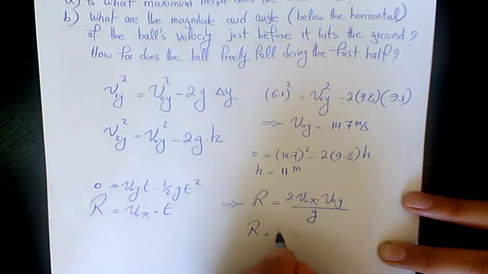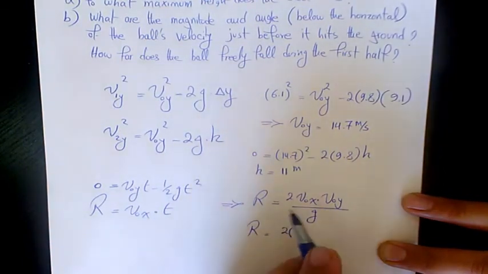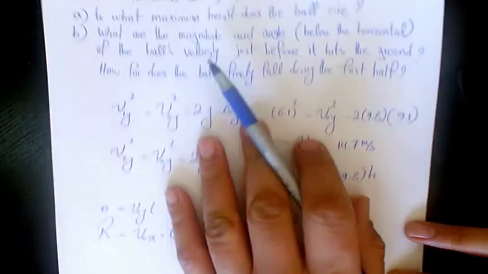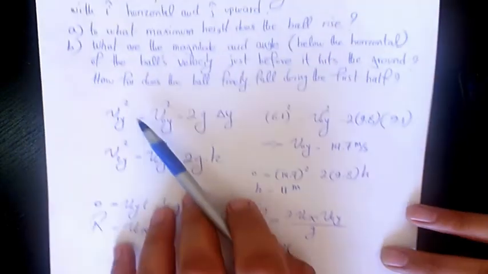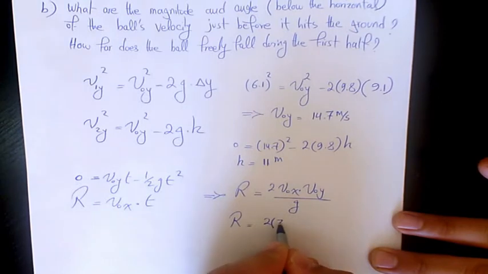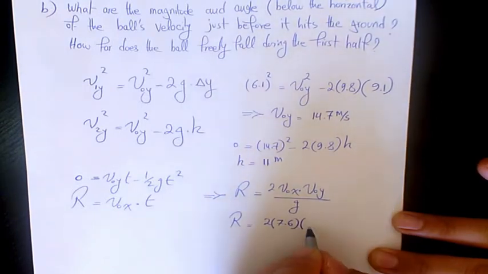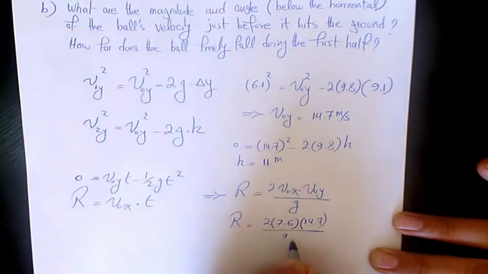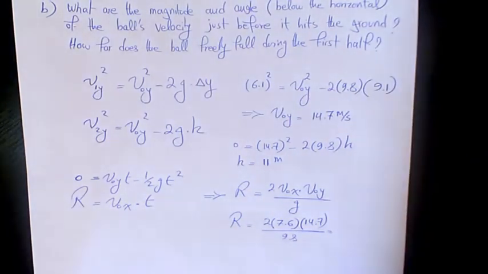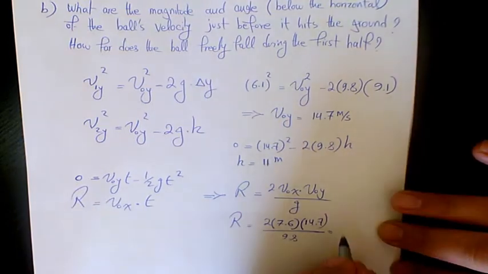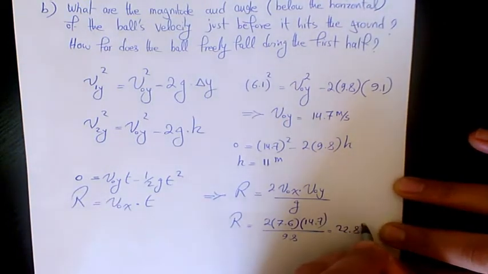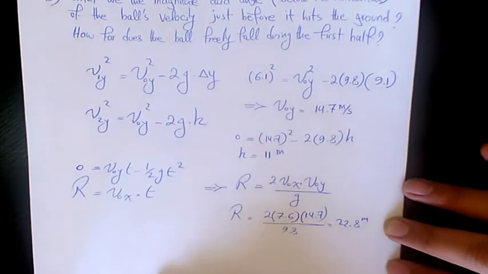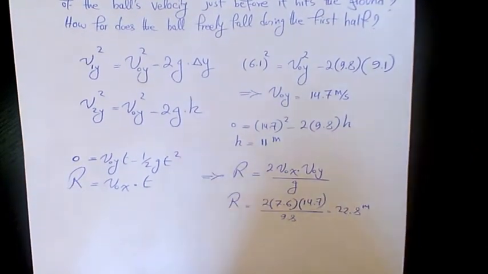which will be 2 times the v naught x, since it's not changing, it's the same as 7.6. v naught y, we have it, this 14.7, divided by g, which is 9.8. That will be 22.8 meters. And finally it says, what are the magnitude and angle of the ball's velocity just before it hits